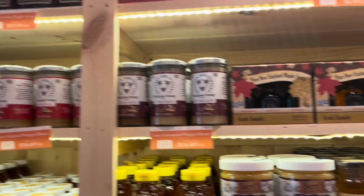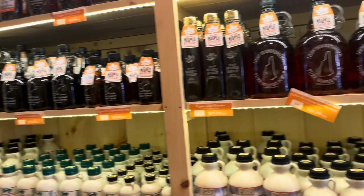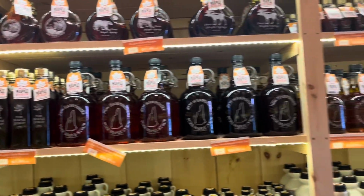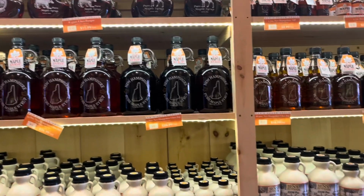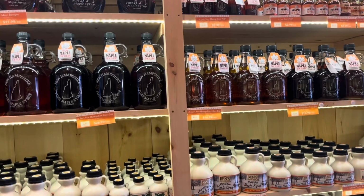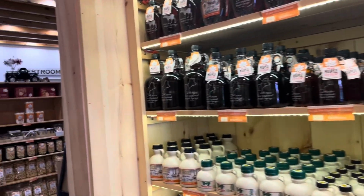Yep, sir, everything you can imagine. Lots of yummy stuff. I'm sure we'll be bringing some home. We do not by any means need just maple syrup right now. We have a large stockpile that will last us through the year. We bought tons and tons of maple syrup, helping out local farms and the state of New Hampshire's maple growers